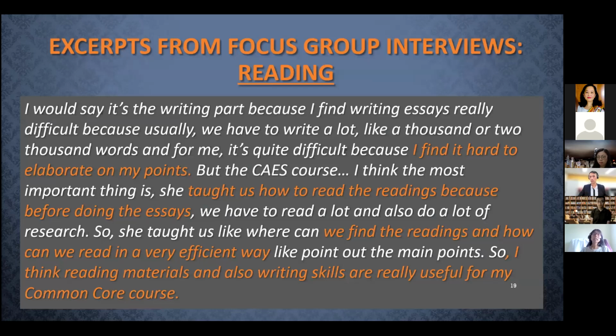So in the area of reading, students show how they have applied reading skills they learned in CES 1000 to Common Core courses. So in this extract, the student expressed difficulty in elaborating his or her ideas in writing. The problem could be due to the fact that they don't really know how to use the information from the reading sources. In CES 1000, we teach students the crucial role of reading and reading for writing approaches, including how to find relevant sources and read efficiently using mining and writerly reading to locate relevant ideas to support their writing. The student in this extract found these skills useful because they're required to read a lot and conduct their own research before writing in their Common Core courses.